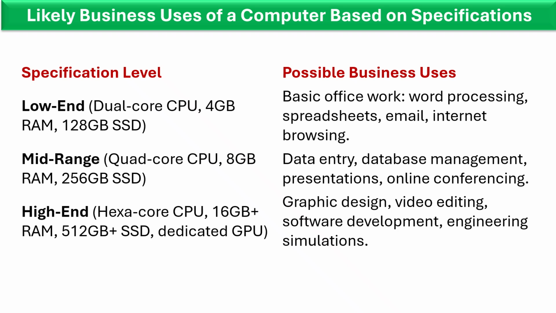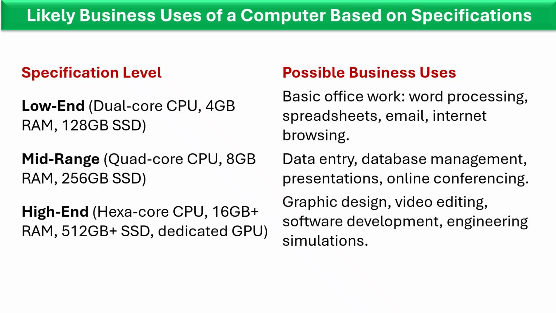So the possible business use of such specifications under the low end is that you can perform basic office work, word processing, spreadsheets, emailing, and internet browsing. Whereas in the mid-range specification level, you'll need a quad-core CPU with 8 GB RAM and 256 GB of SSD storage. Here, the business can use it for data entry, data management, presentations, online conferencing like video conferencing, teleconferencing, and even